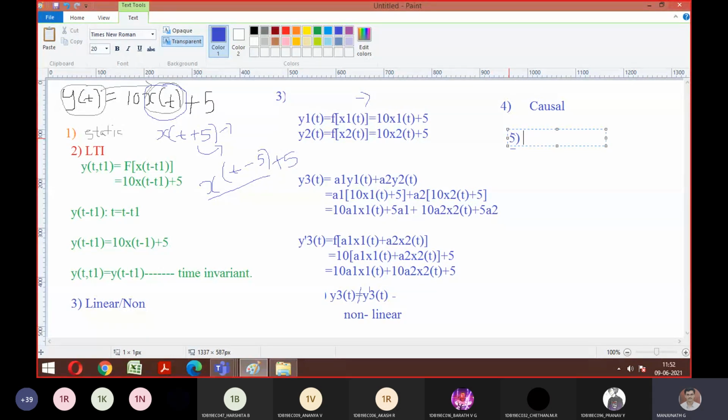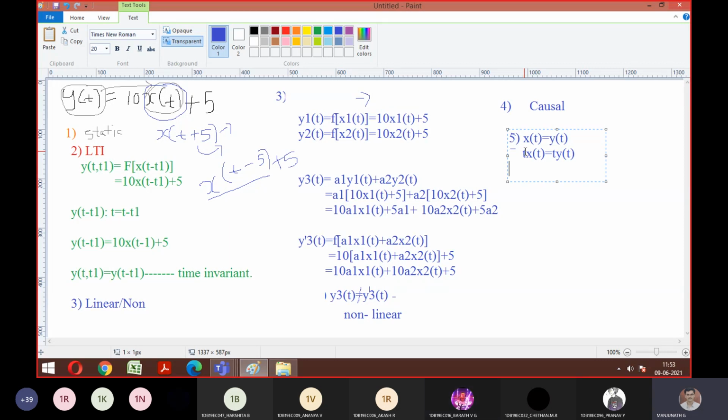I hope I also told you clearly how to analyze stability and instability. So if x of t is equal to y of t, it means if input is bounded, then output is also bounded. See, the statement is unless the input x of t is bounded, output is also bounded. If there is slight variation with respect to my input, and you get the same with respect to output, then there is no problem. Assume that the question is like this: t into x of t is equal to t into y of t. Is it bounded now?